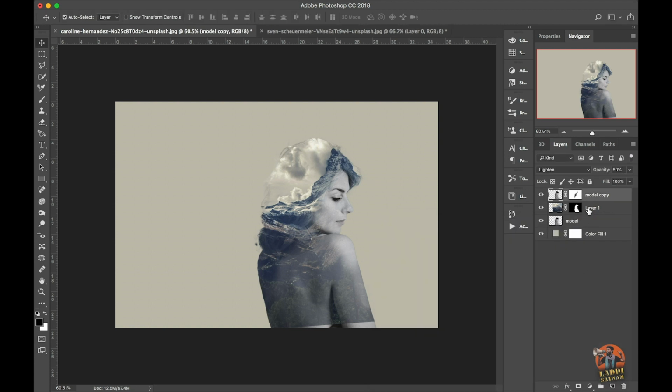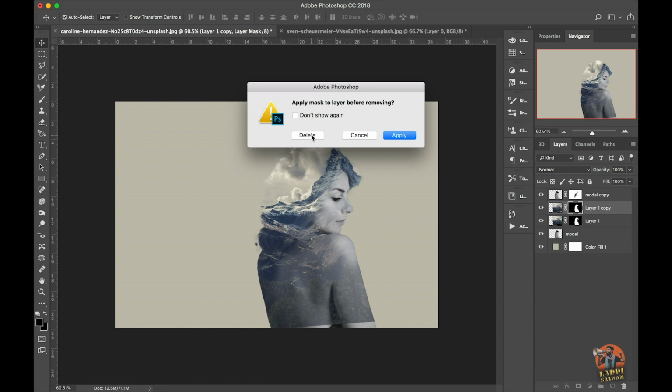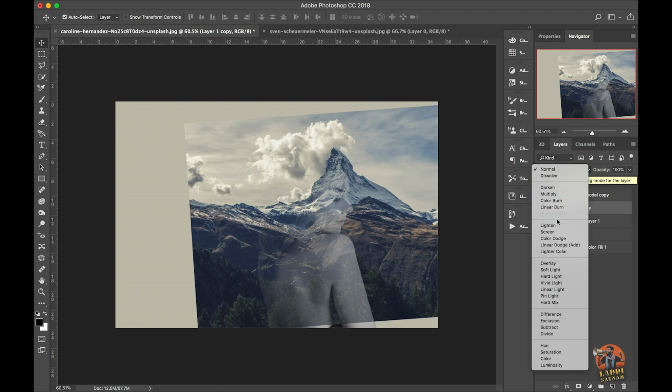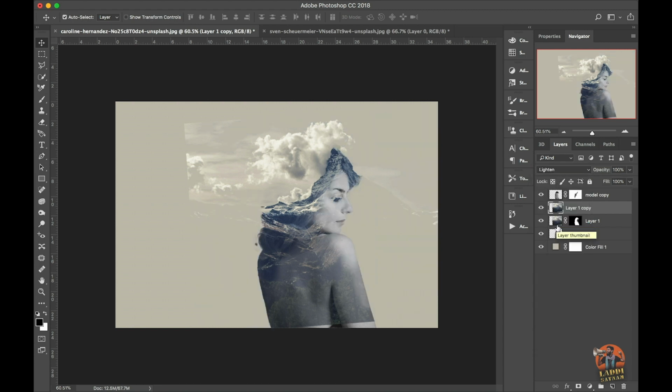Now select the mountain layer and press Ctrl plus J to copy it. Then I'll take the layer mask and delete it. Change its blending mode to Lighten. So as you can see, it will create a cool effect with the clouds, but these unwanted parts of the image